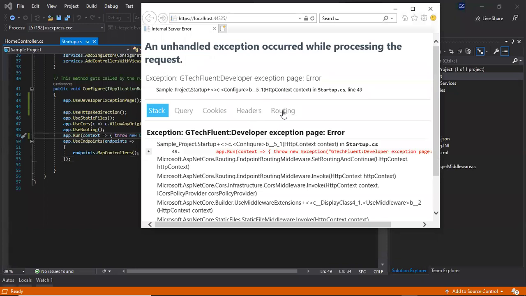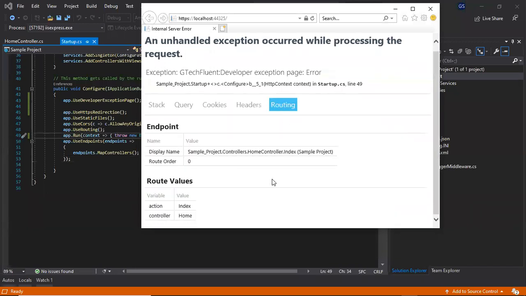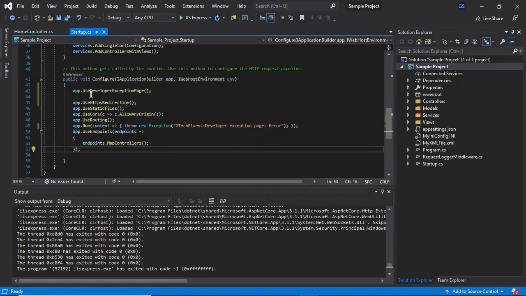Let's switch to the Routing tab. Now if you notice, this is our default route, which is configured under the Index action, and the controller name is Home. In this way you will get the information about your exceptions: the query string, headers and routing information. As we discussed, our developer exception page should be enabled for the development environment only.